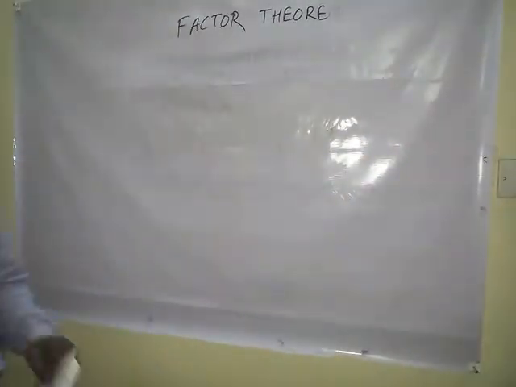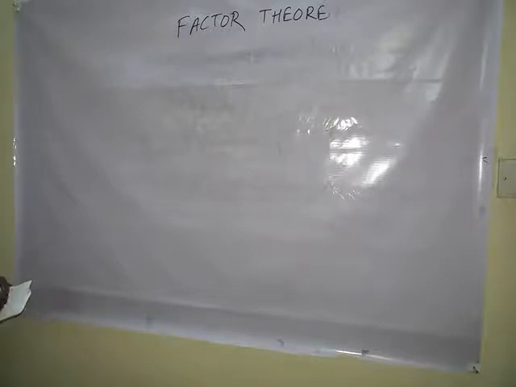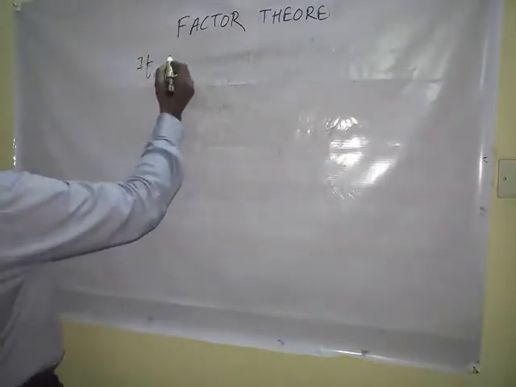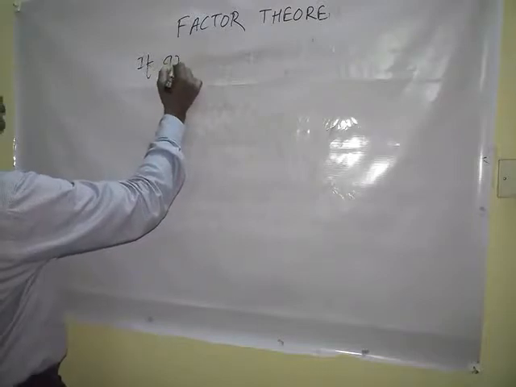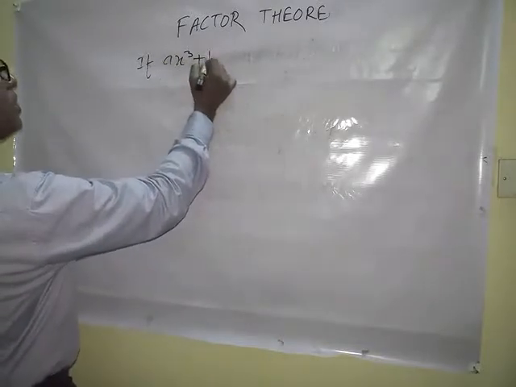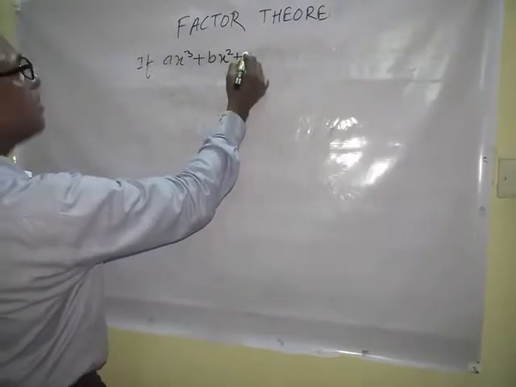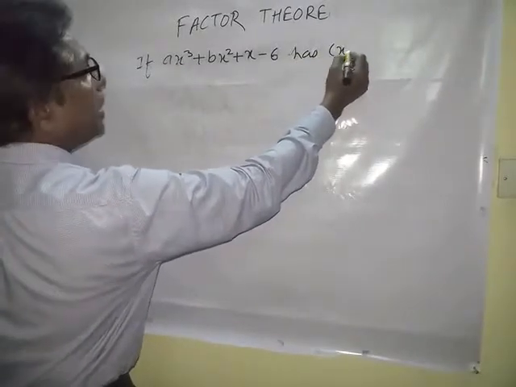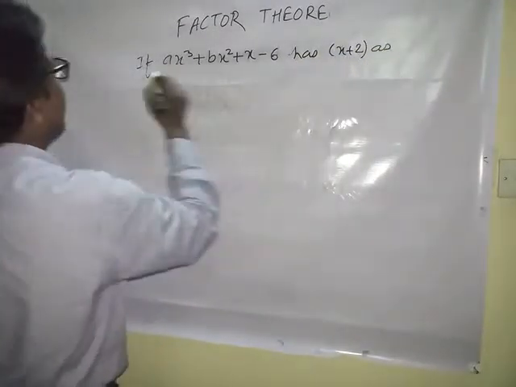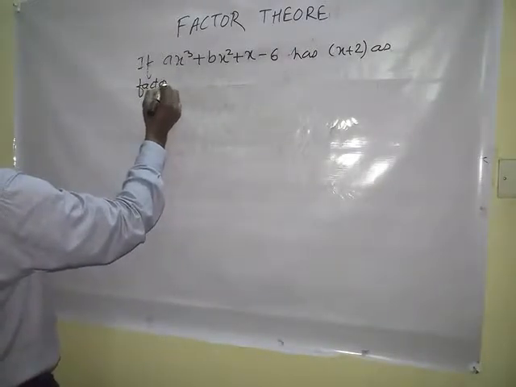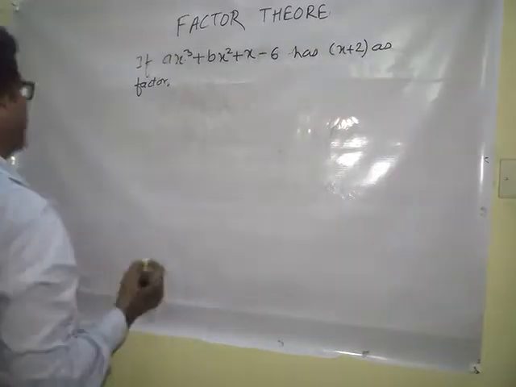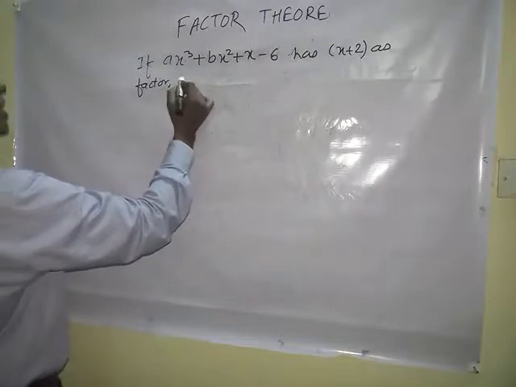Now let us take a few more examples with a different thing. So far we have seen when it is a factor and we are equating it to 0. Now suppose ax cube plus bx square plus x minus 6 has x plus 2 as a factor. Okay, so factor means this polynomial is completely divided by this and the remainder is 0, but